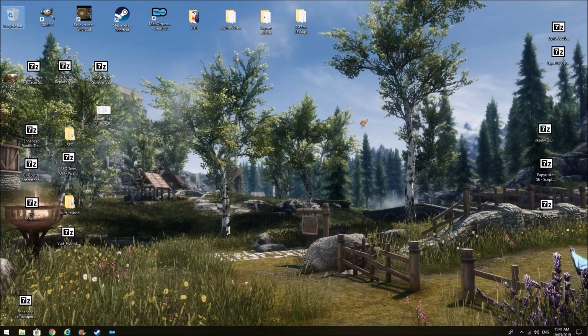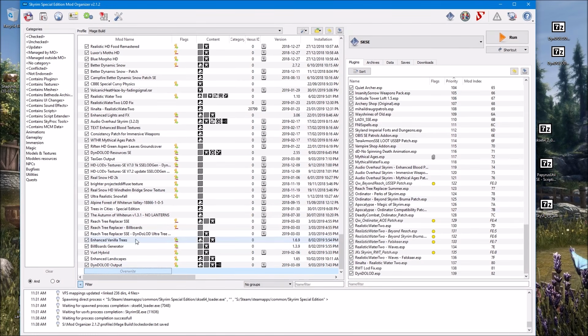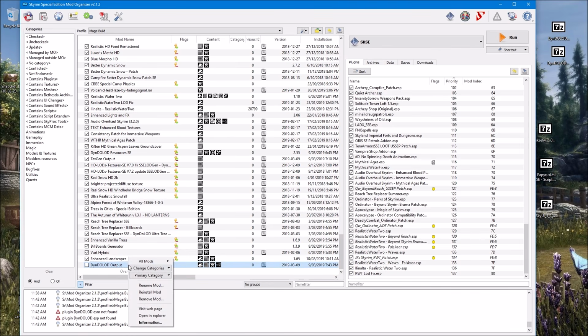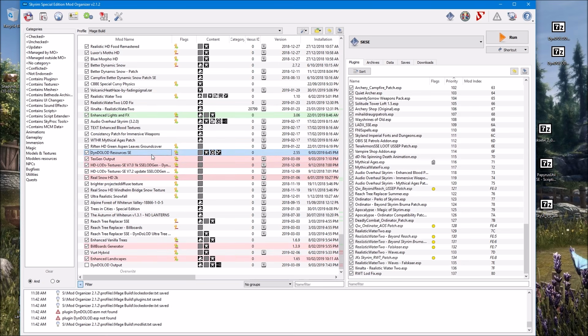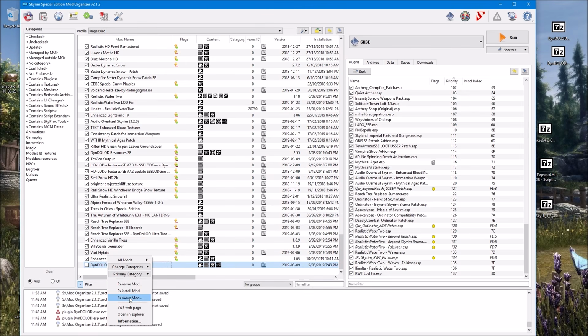So once you're back out of game, all you need to do is you can either deselect DynDOLOD output or just right click and remove mod. If you want to completely uninstall all of DynDOLOD, you can also do the same with the TextGen output, so you can remove that one, and also the DynDOLOD resources SE, you can remove that one, and then DynDOLOD will be completely gone. But if you're just rerunning DynDOLOD, which is probably the most popular thing, all you need to do is uninstall the DynDOLOD output